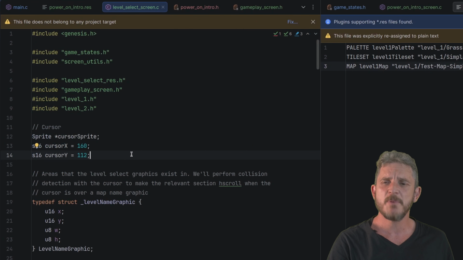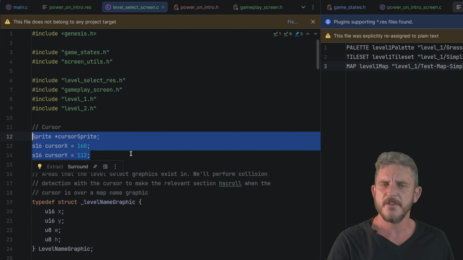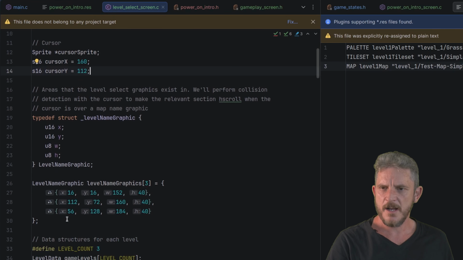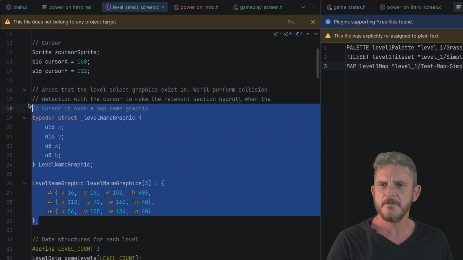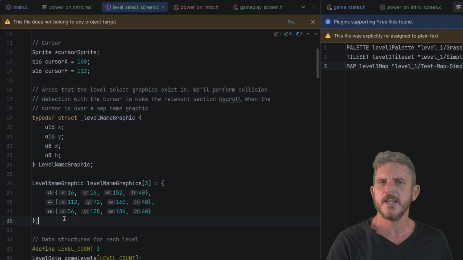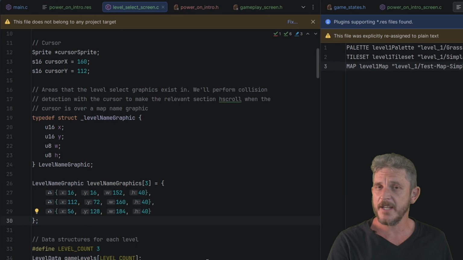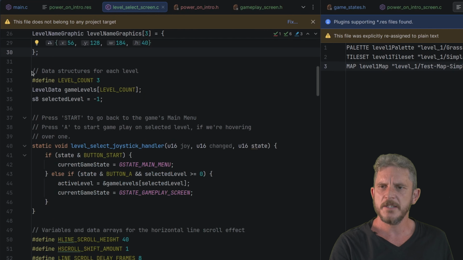We have a cursor sprite and X and Y position for that. That's the little yellow arrow that we move around with the D-pad. There are a couple data structures and array for the level name graphics. Now these are simply tracking the X and Y positions of those graphics and their width and height. Now width and height are measured in pixels or scan lines, which is especially relevant for the height, as we'll see in a moment. And then we also have a list of